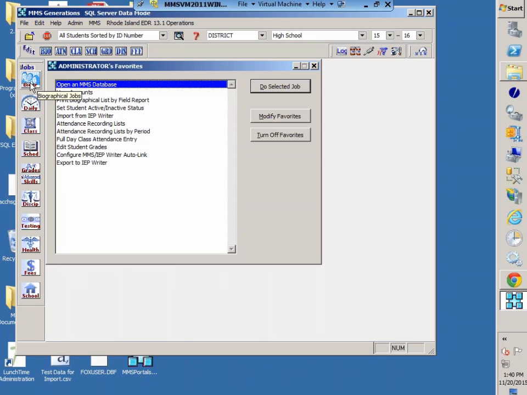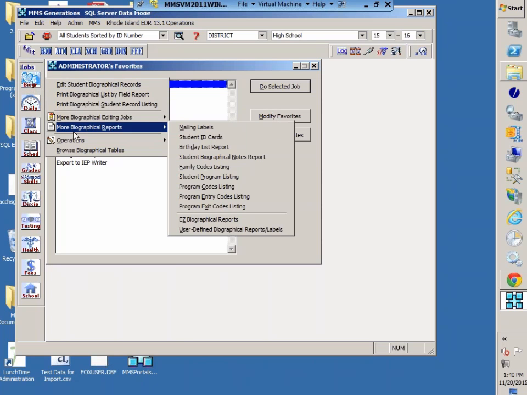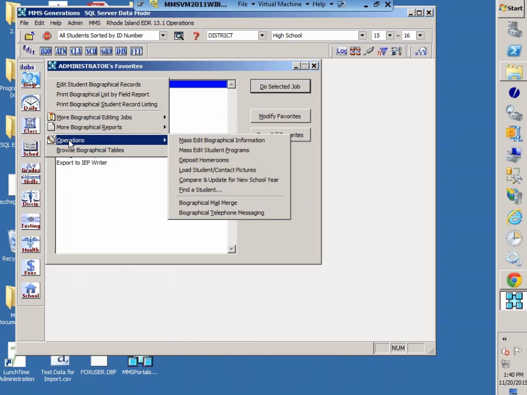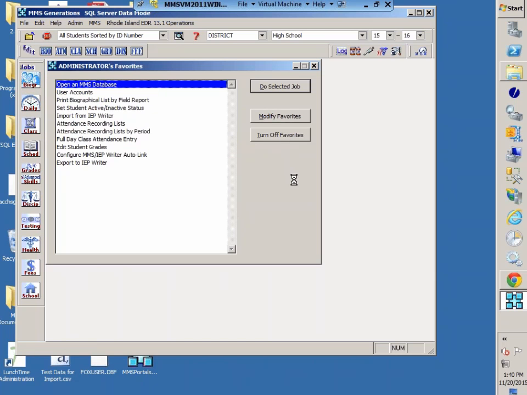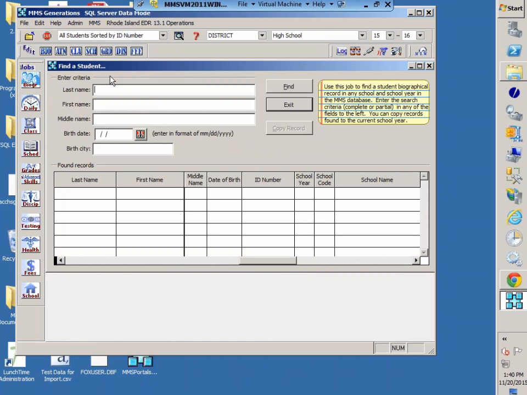What you want to do is go to biographical, go to operations, and then do find a student. Now this is a wonderful operation. You can enter in as much information that you have. I mean, obviously last name would be helpful. So my last name, and let's see,